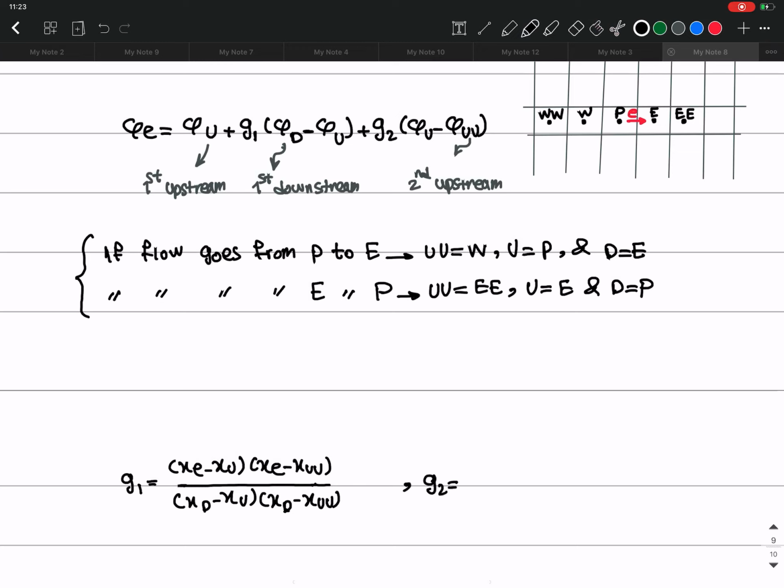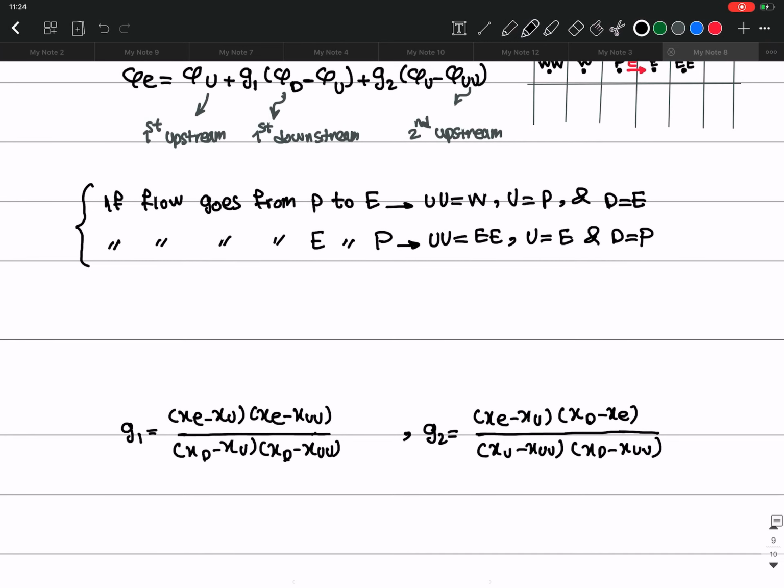And G2 is (XE minus XU)(XD minus XE) over (XU minus XUU)(XD minus XUU). So these are just how these coefficients can be found. And for uniform grids, it's a kind of simpler approximation. So for uniform grids,